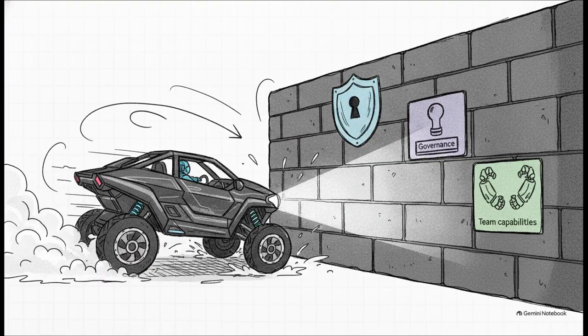Before we start analyzing specific tools, we really need to understand why getting this choice wrong is so dangerous. It can introduce severe technical debt. Operational constraints, things like security, strict governance, and your team's actual capabilities are absolutely non-negotiable for scaling. Without them, you risk building systems that are hard to audit and practically impossible to maintain. Choosing an SDK goes way beyond just comparing marketing features. If you ignore the operational realities, your automation strategy is going to hit a massive wall the second you try to scale into production.